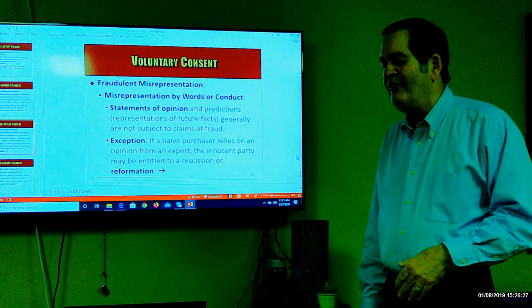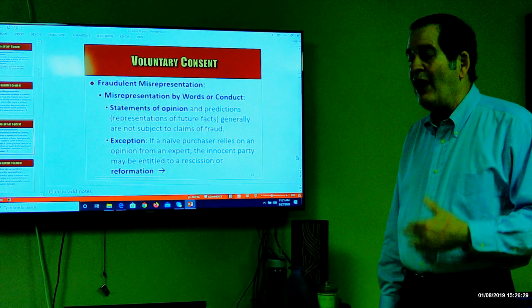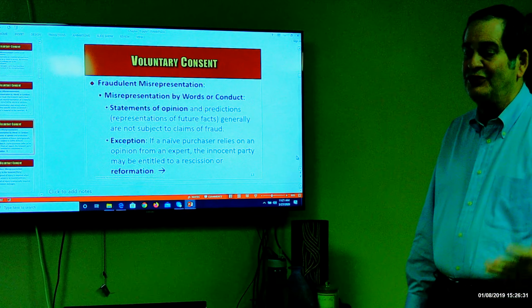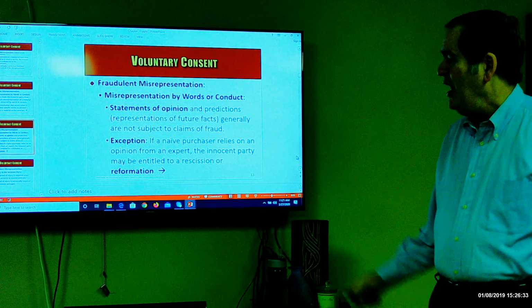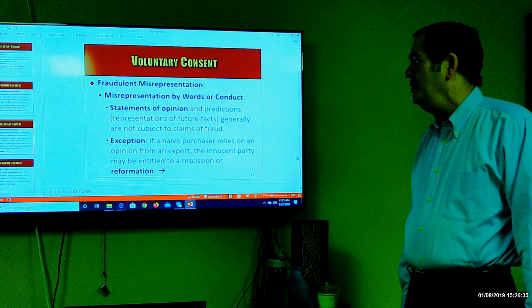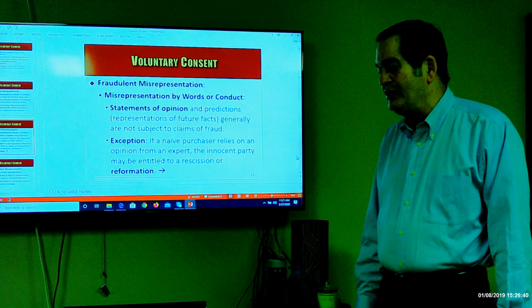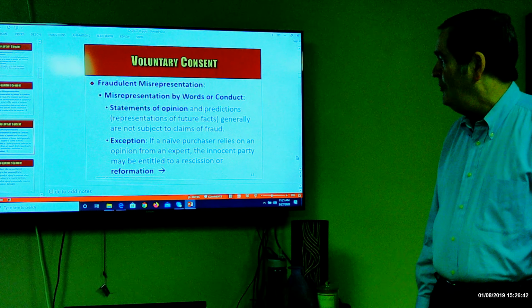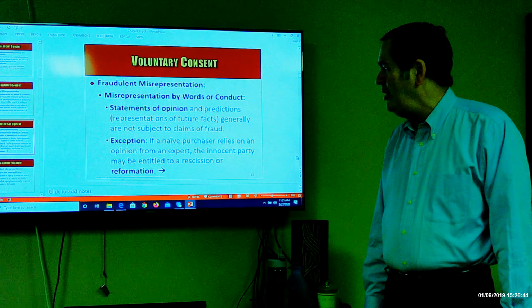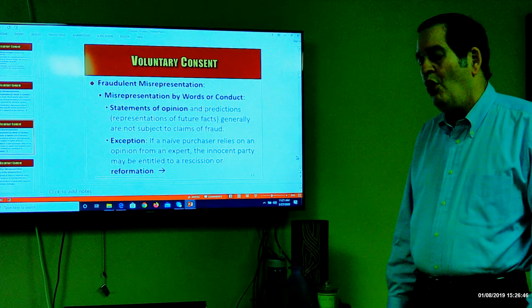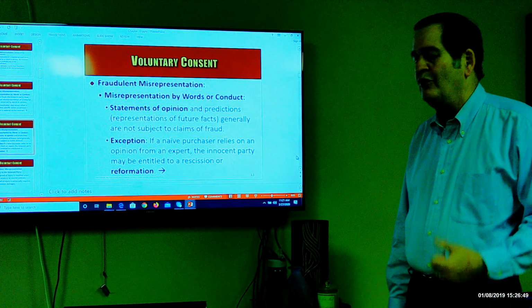If the car ends up having a lot of problems, that would not have indicated it was the best car he's ever had on the lot. An exception to this is if you have a naive purchaser relying on the opinion of an expert. Okay, then the innocent party may be entitled to rescission or reformation of the contract. Reformation meaning